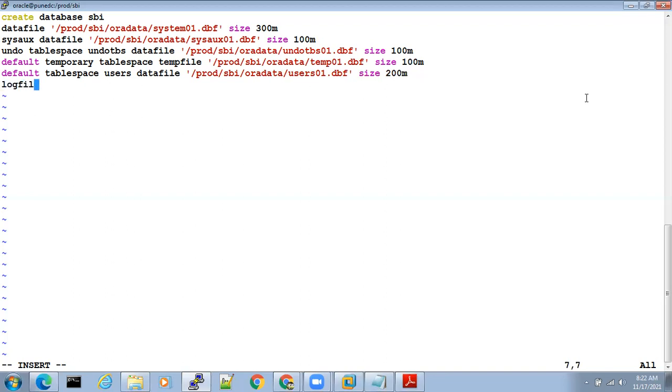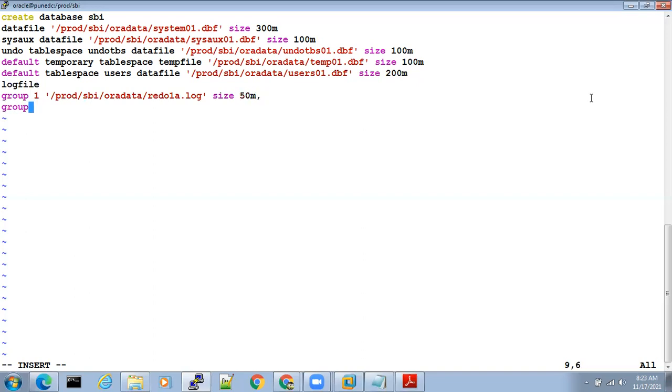Next, logfile, okay, group 1, single quotes, /prod/SBI/ora data/redo1a.log, single quotes close, size 50 M, comma.